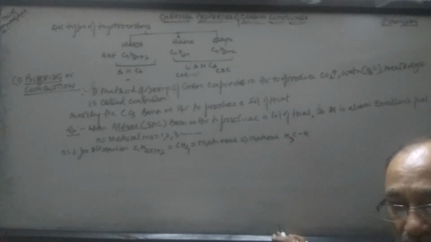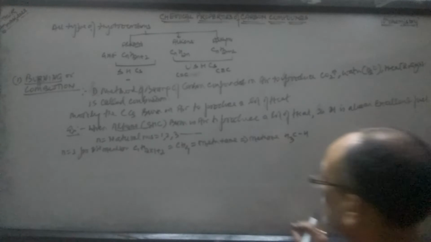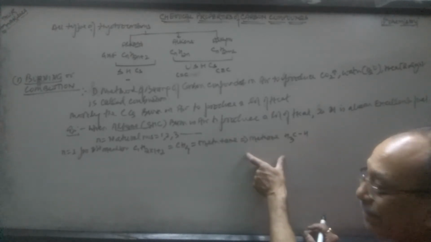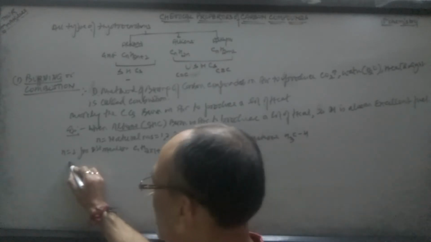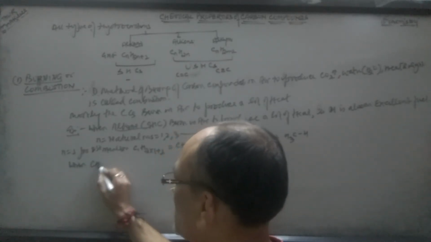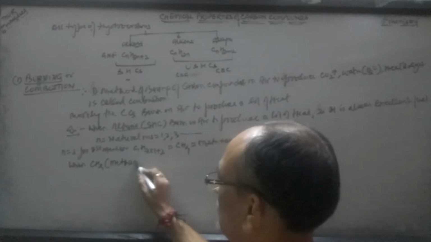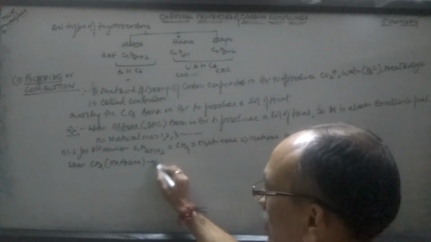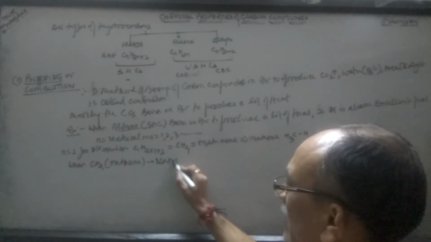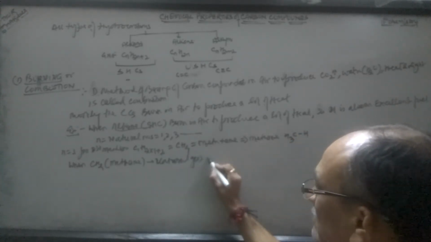Hydrogen is kept over the alkali metals, which is known as the first A group. Now CH4 is methane, which is the alkane, a saturated hydrocarbon, also known as natural gas. This is the natural gas, it burns